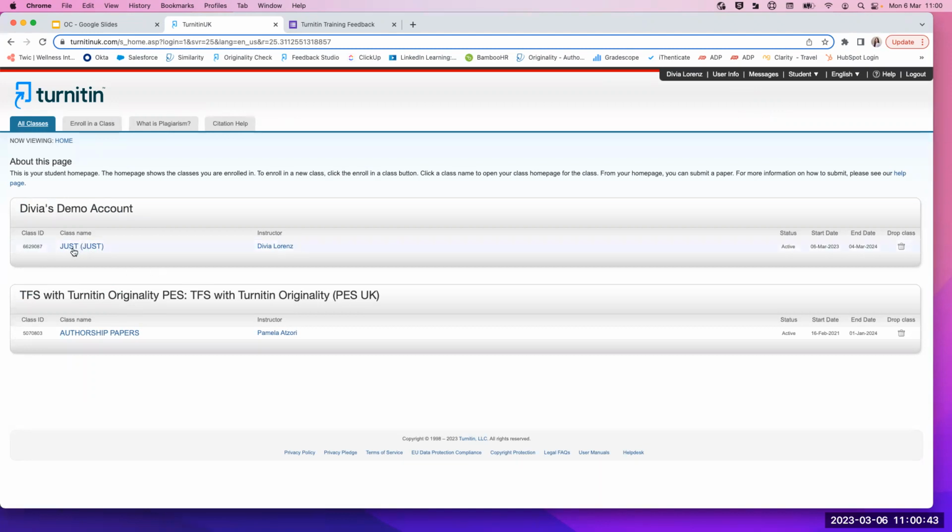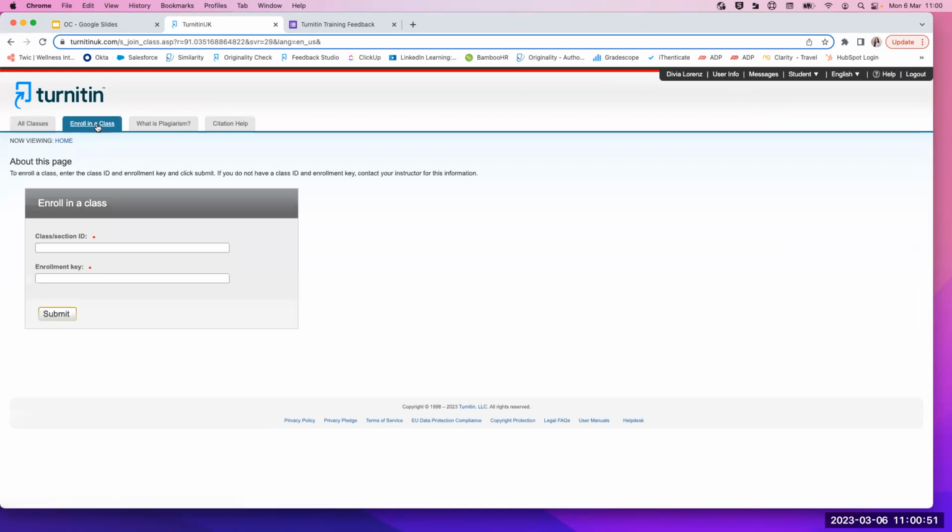So you can see here, I am enrolled into this class, which we enrolled myself in together. But if I need to be in another class, I go ahead and hit enroll in a class. And then I'm just being asked my class or section ID, and I'm being asked the enrollment key. And if I hit submit, I'm then enrolled into that new class as well. There's no limit on how many classes a student can be enrolled into. They would just have to make sure they enroll into all of the relevant classes, obviously provided with the information